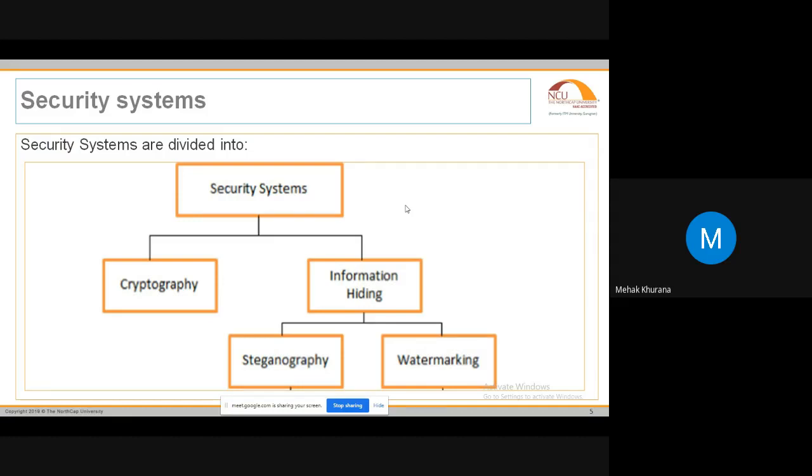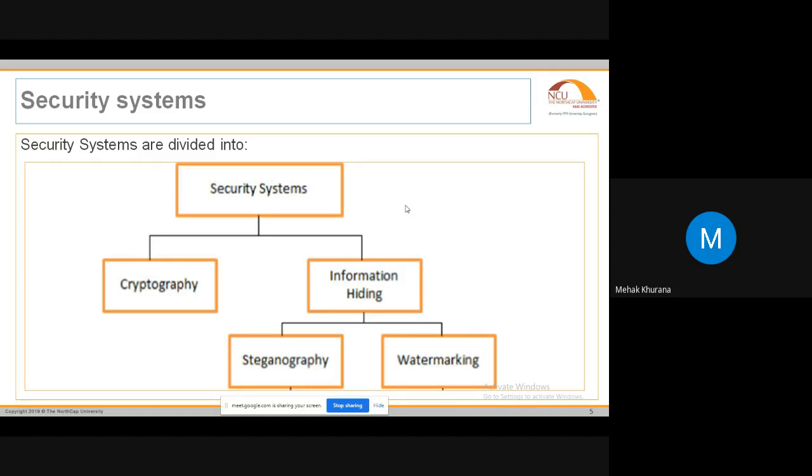So we have security systems. What exactly is a security system? We need to hide the data or we need to encrypt the data. Let me ask you one question: is there anybody who has not kept a password on their phone or laptop? Ninety to ninety-five percent of people keep a password on their phone and laptop. Why? Because we don't want somebody else to see or take our information. So we want to hide it, or keep it in such a manner that nobody is able to see it. That is mainly a security system.